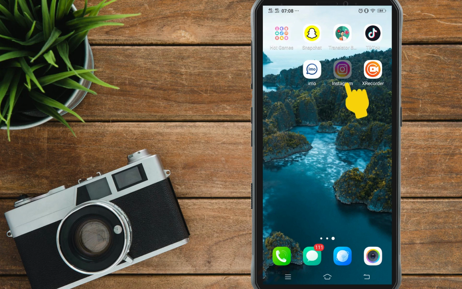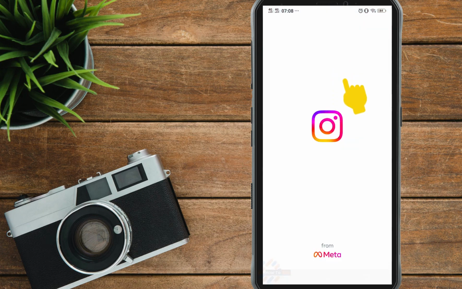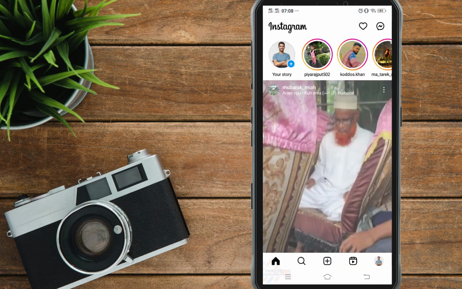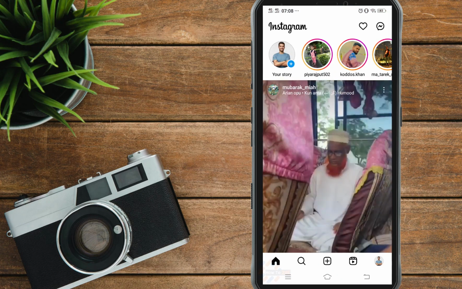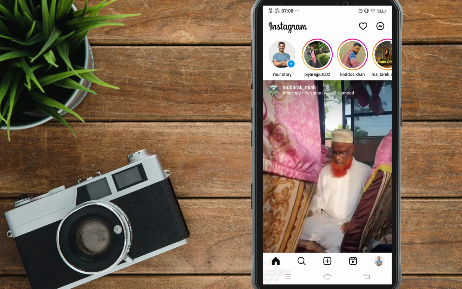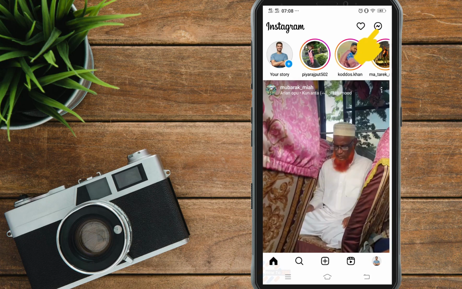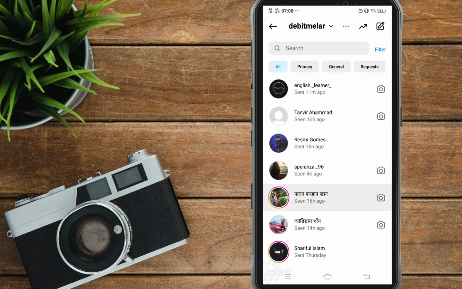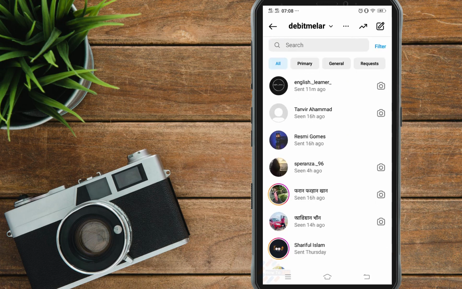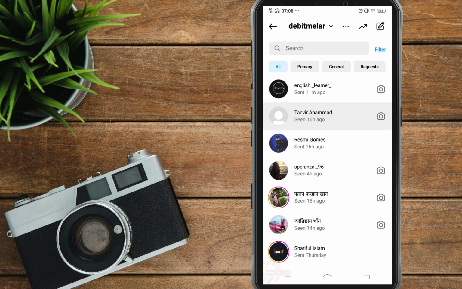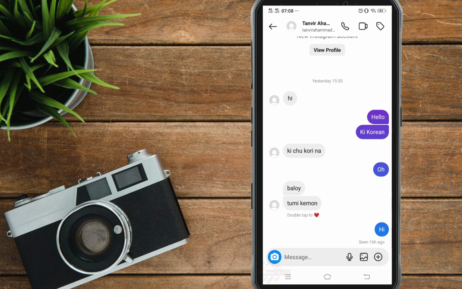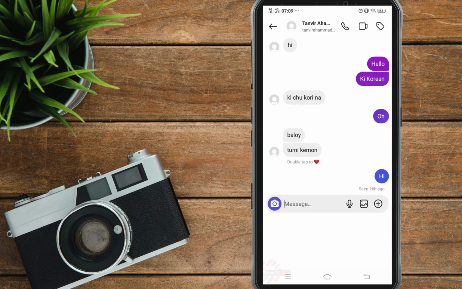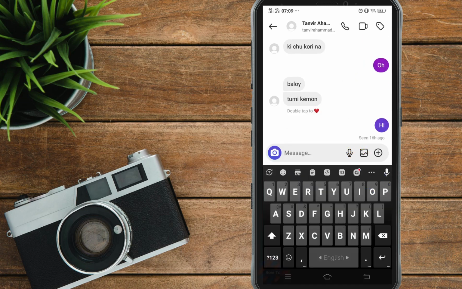First, open your Instagram account and then go to the send message icon in the upper right hand corner and select any conversation if you want to send a message and type a message if you want to send. I'm typing just how are you